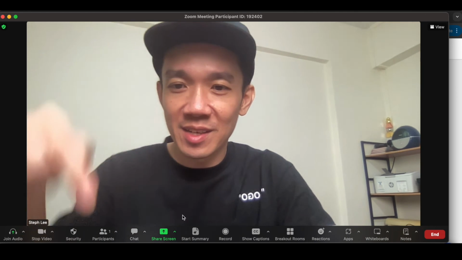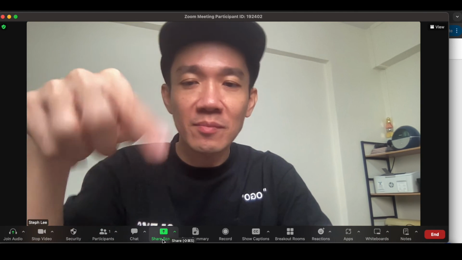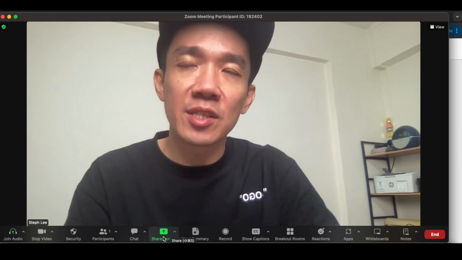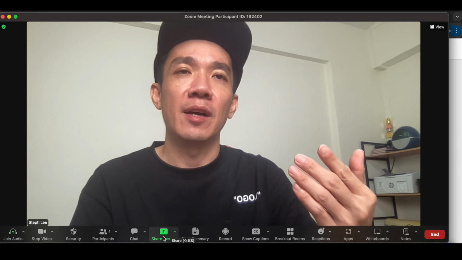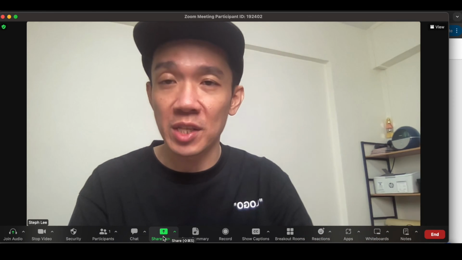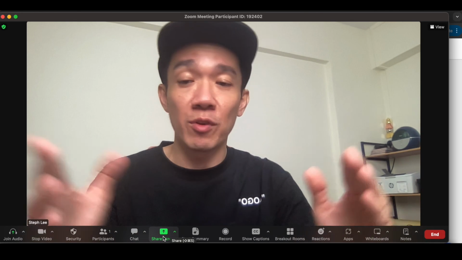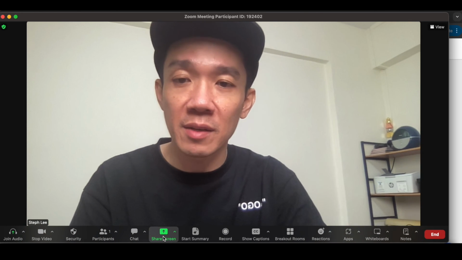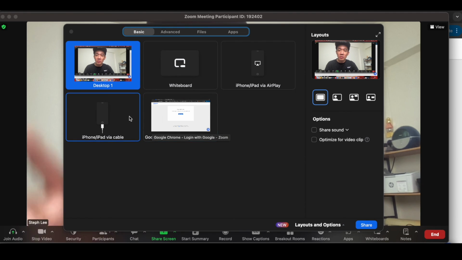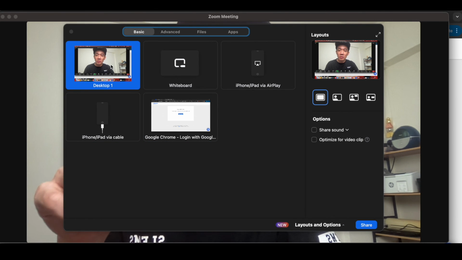important. Share screen, right? Okay, so what is share screen? Share screen is, for example, if I have a PowerPoint slide, I have an Excel spreadsheet that I want to share with everybody in the meeting. So I click on it, and then you can see I have the option of sharing my desktop,